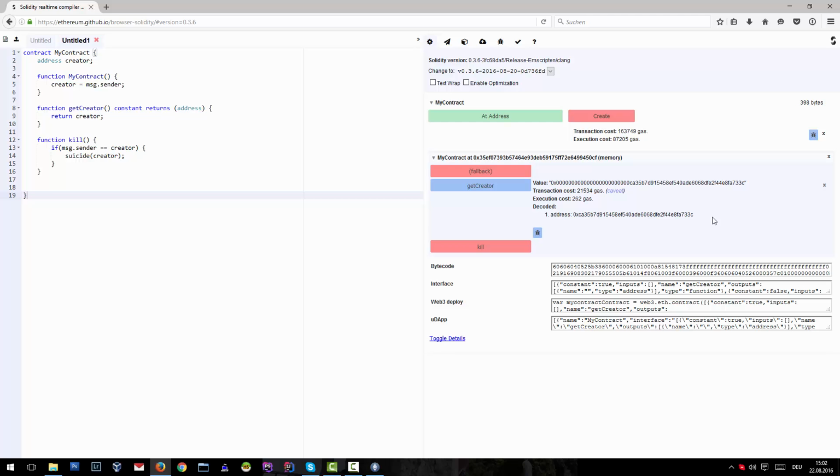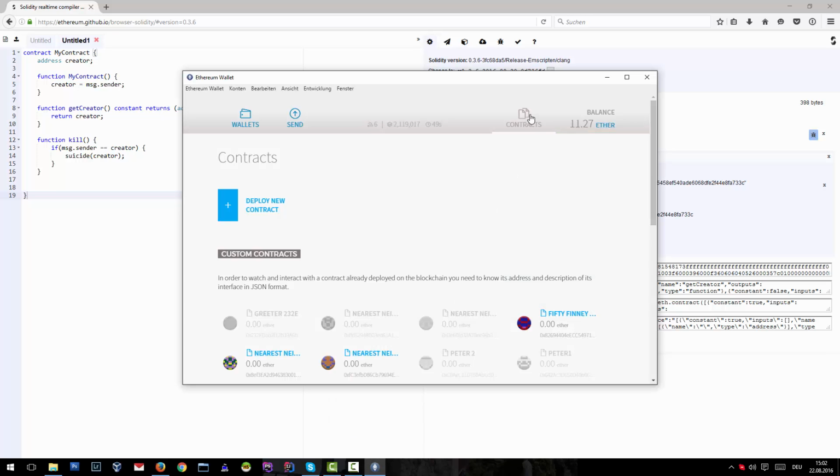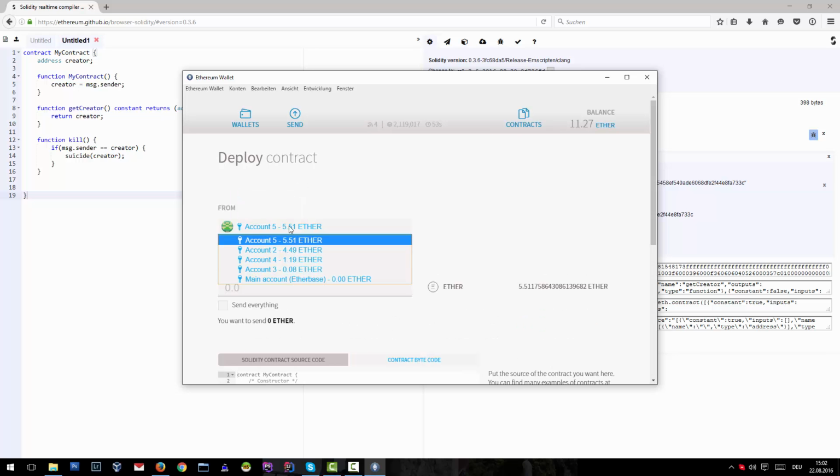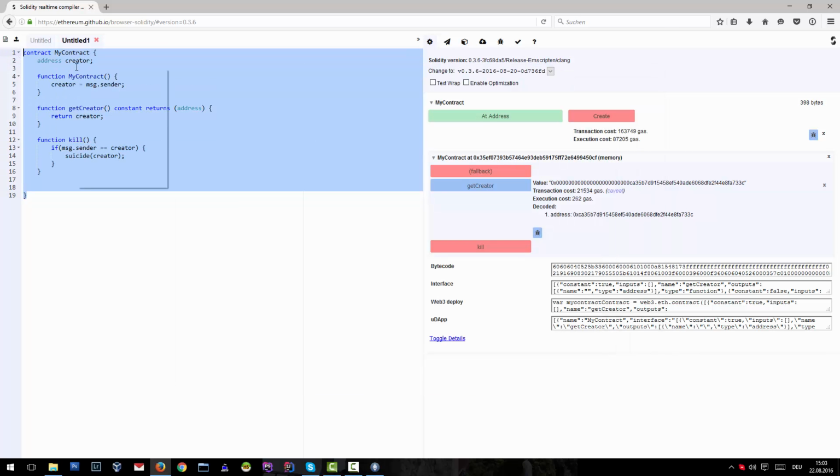To deploy the contract on the live blockchain and make it available to others, I will open the wallet Mist. I will go to the contract section and click on Deploy New Contract. Select an account with sufficient funds. You don't need a lot of Ether in your account. Usually 1 or half an Ether is enough. I select one of the accounts and then I simply copy